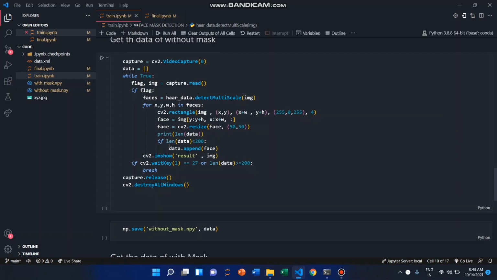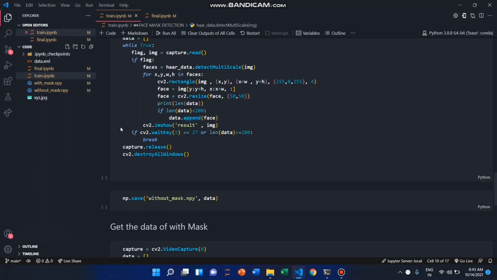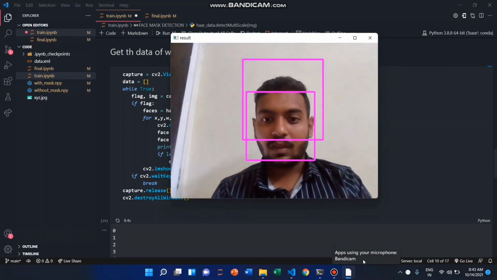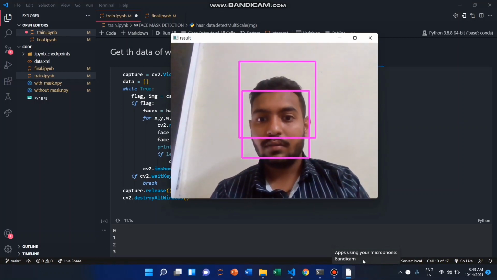Then we add a condition which takes only 200 images, then automatically it stops the while loop. So now we run this command, which generates 200 images. As you know, it takes 200 images.